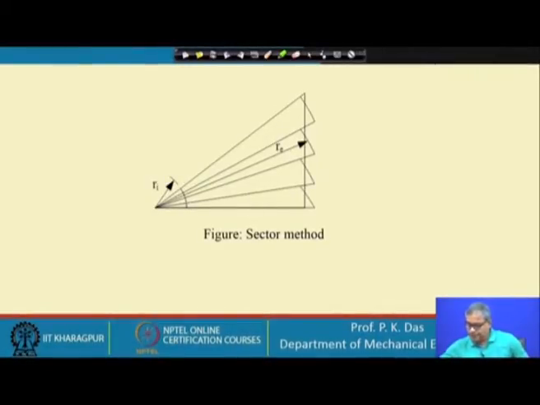Let us say this is the outer diameter of the tube, given by d, and the radius is given by r I. And then this is the sector. This sector repeats to give me the polygonal fin. So, what I am doing? I am dividing this symmetric part of the fin into different angular sectors. This is one angular sector, this is second, this is third, this is fourth.